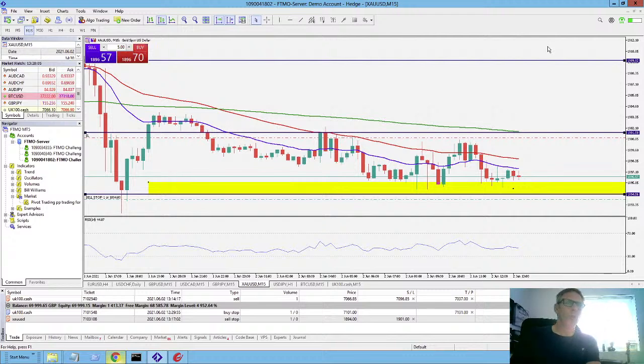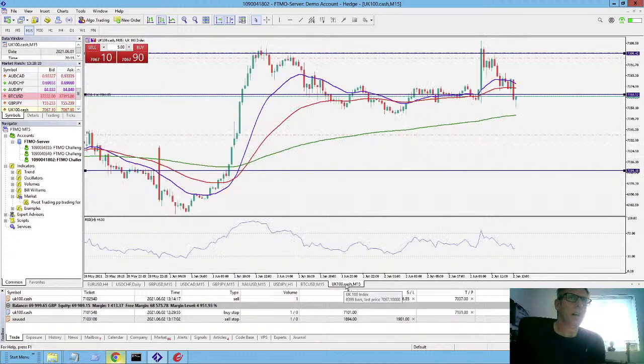But as I say, I'm not looking to pass the challenge in one day. I'm looking to build this up over multiple days throughout the week, and as we go into next week and week 3, that's when we're looking to complete the challenge. But as always, if there's a huge bit of volatility in the market, then we'll be looking to capitalize where we can. So before I close this stream, I've done about half an hour so far,